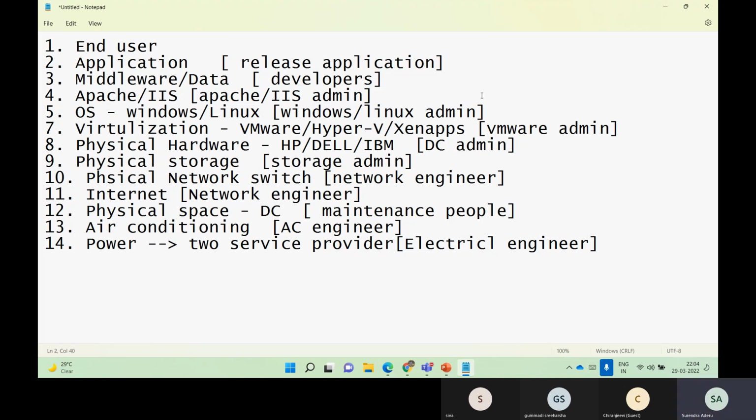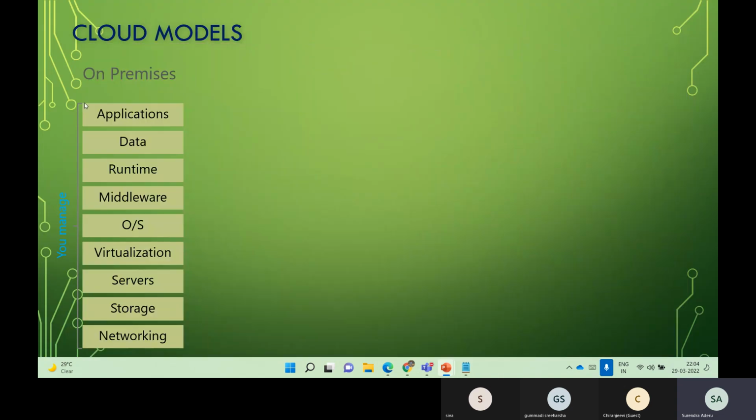Entire things will be in our control and we will manage all the layers. That environment, in technical terminology, we call an on-premises. It means right from the application to the networking or data center, everything. I didn't mention it here, but what we discussed in the notepad just before, if we are handling everything, we call it an on-premises environment. On-premises is nothing but your data center. Clear, guys, with the terminology, what is meant by on-premises?